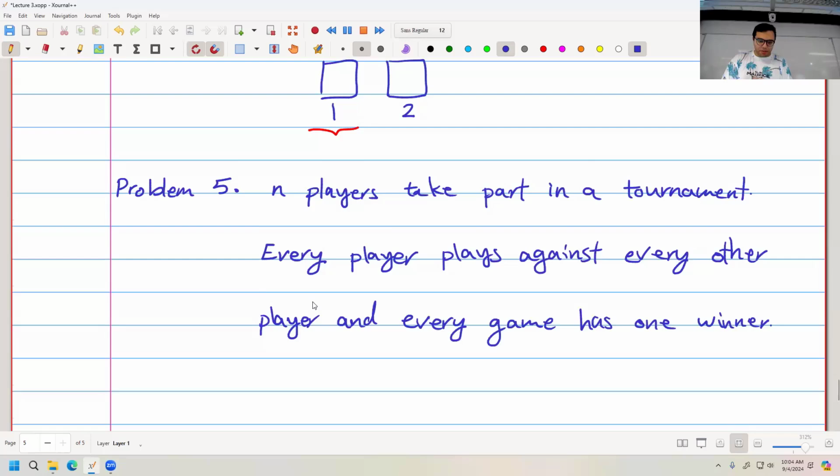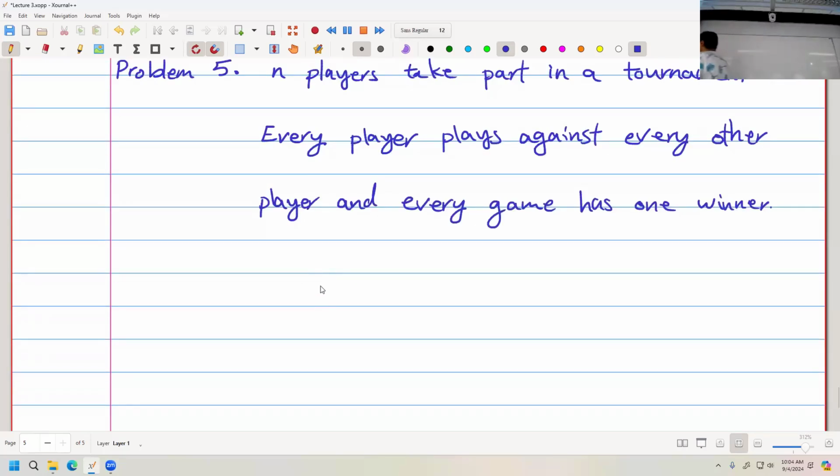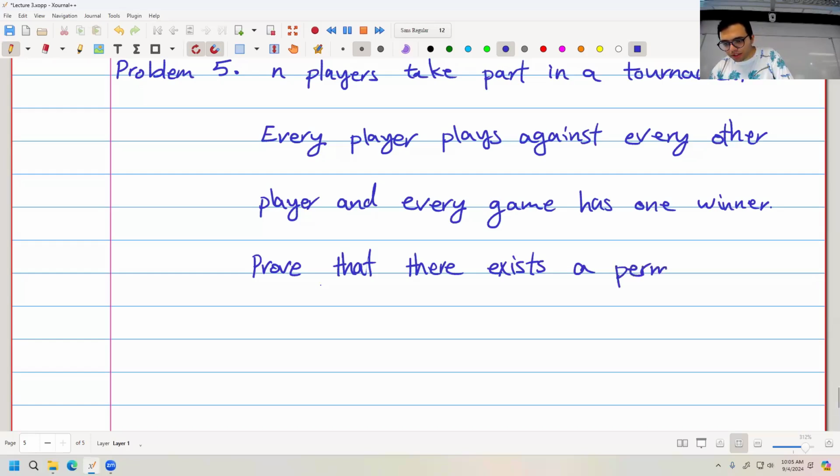Now, what I want you to prove is that I can just put all the players in some particular order such that everyone has won against the player to their left and lost to the player to their right. So prove that there exists, well, we call this a permutation of the players, basically an ordering of the players. Let's call this P1, P2 to Pn,